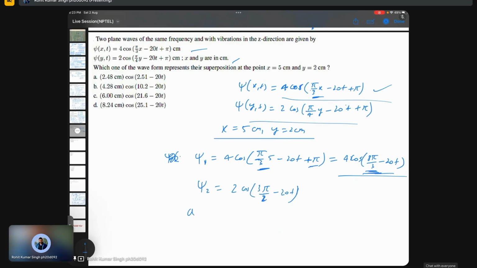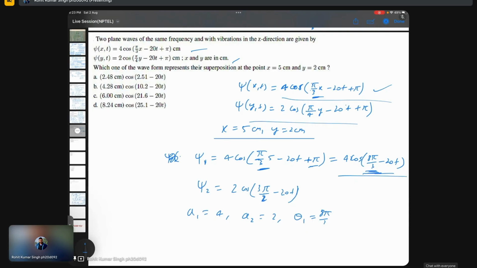Okay, so now you have a1 equal to 4, a2 equal to 2, and theta 1 equal to 8 pi by 3, and theta 2 equal to 3 pi by 2. Okay, and then you can use these two formulas to calculate your superposed waves, right? So amplitude will be, I'm not going to calculate it, I'll just write out the answer. So amplitude will be 2.48, and theta will be I think